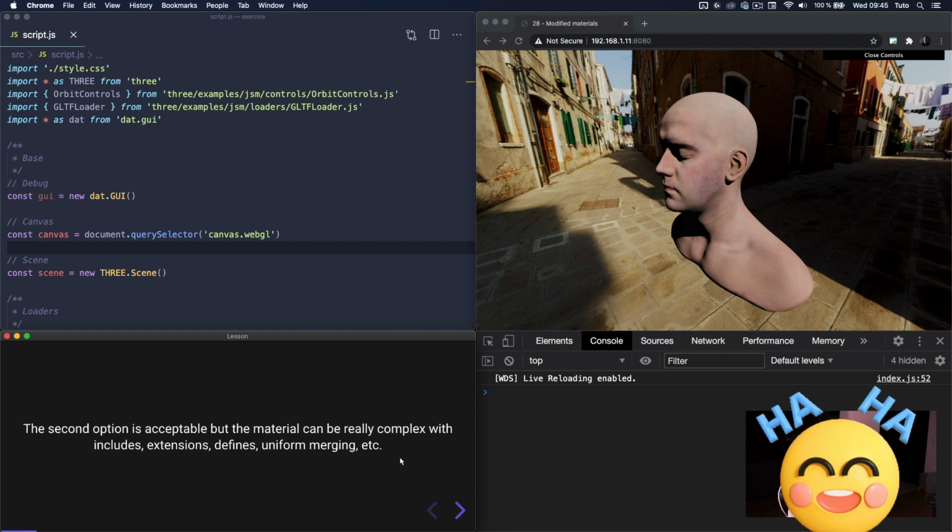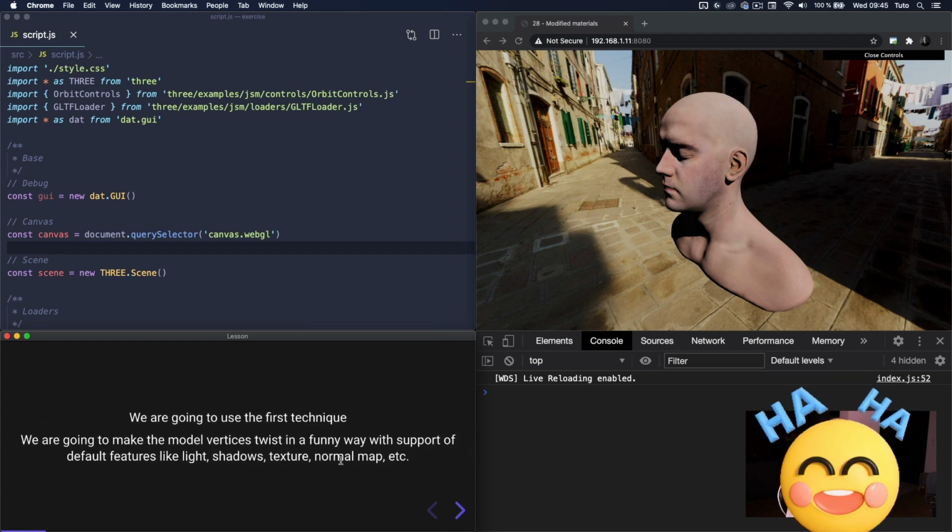It's a long process until you get it working with your own shader material. I did it many times, and I can tell you that every time it was a mess. And the problem is that you cannot see anything until everything is perfectly set the same way. So you have to spend a lot of time in the Three.js dependency in order to find out how it's supposed to be working. So instead, we are going to use the first technique,